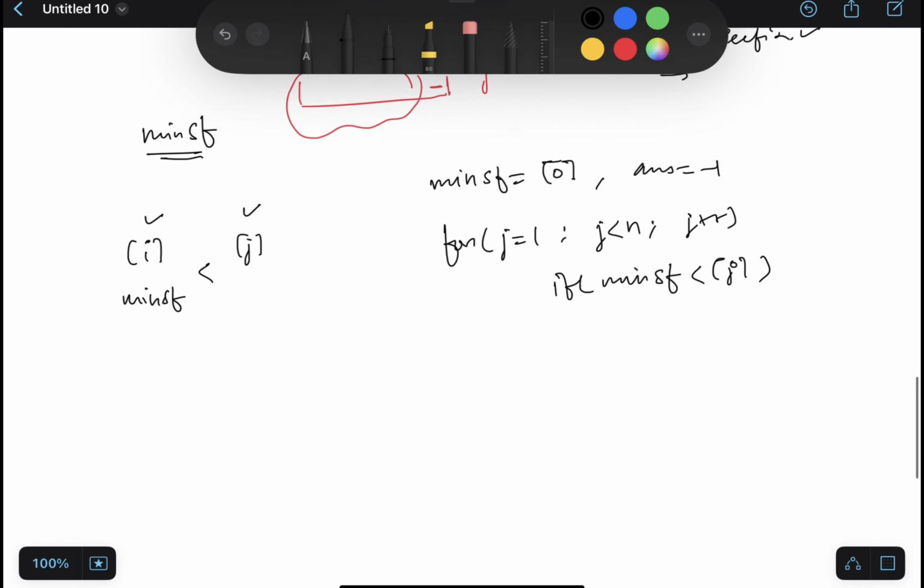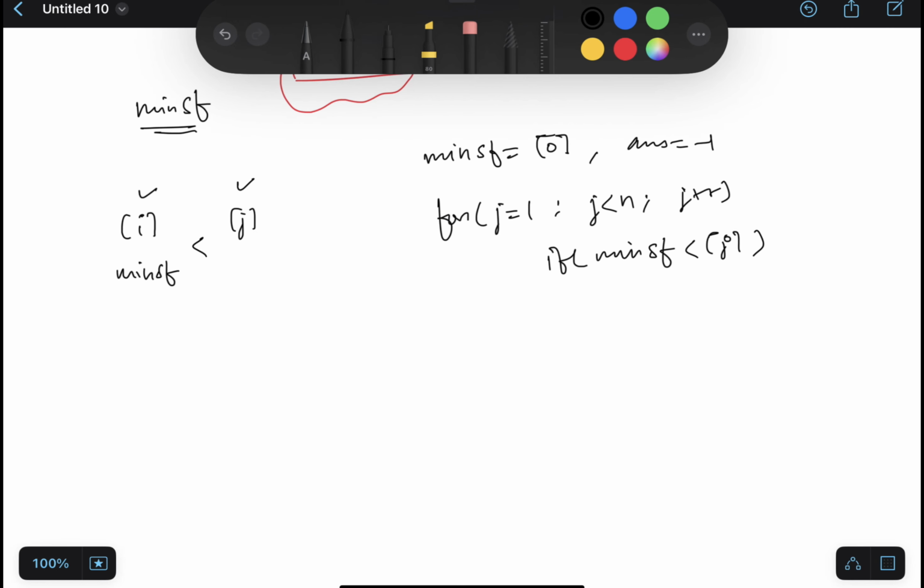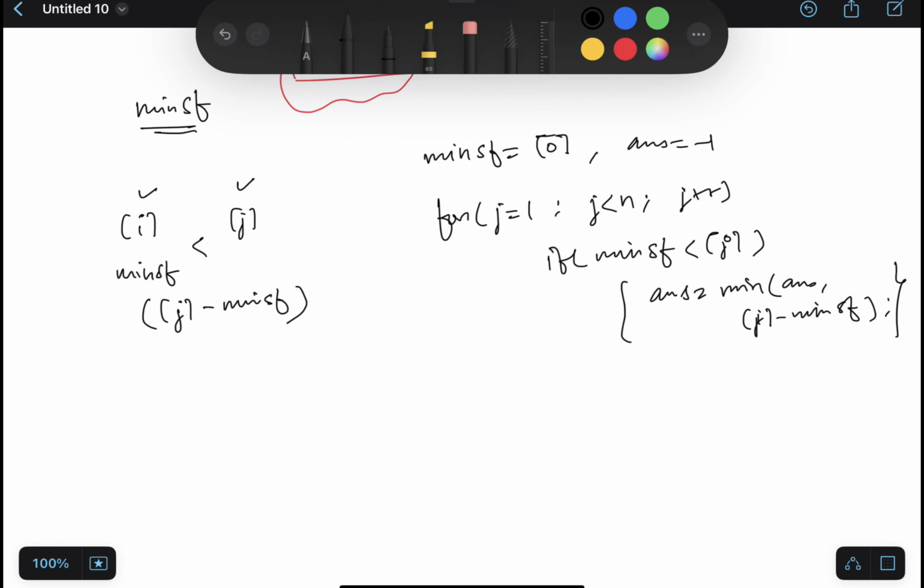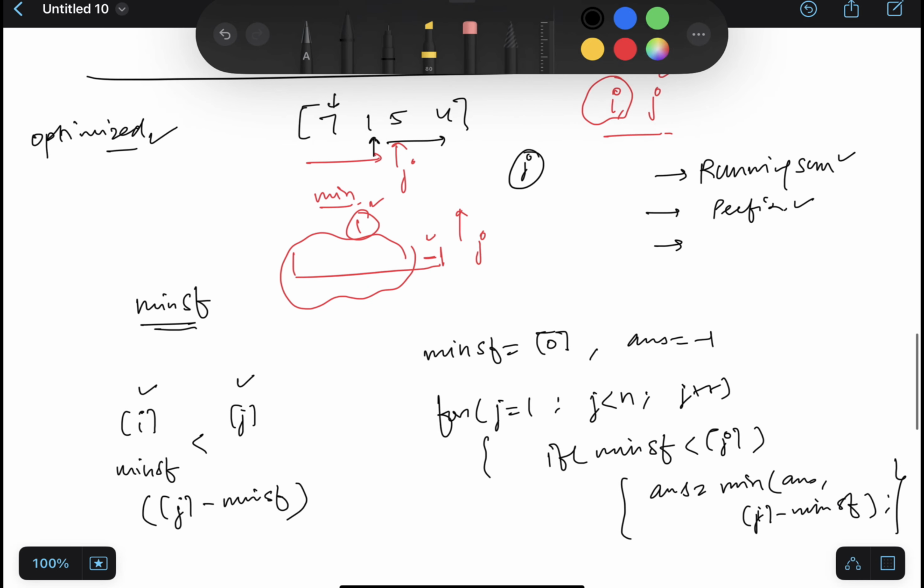If this is a valid pair, it means this difference between j and minimum so far can be my candidate, and if it is a candidate, it can be a better candidate than the previously captured one. So answer is equal to the minimum of answer comma value at j minus minimum so far. So I have captured it. If it is a valid pair, just capture it and keep on capturing it. Now let's say when you are done capturing the answer for this j, in the next iteration you are going to increment j, and